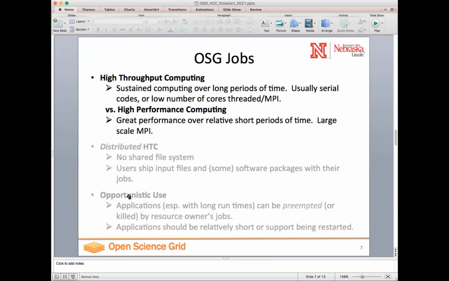Okay, so OSG is a little bit different from computing resources like HCC. HCC is considered a high performance computing cluster. OSG is considered more of a high throughput computing environment. It's better if you have a workflow that consists of sustained computing over long periods of time. So that means you have lots and lots of jobs,